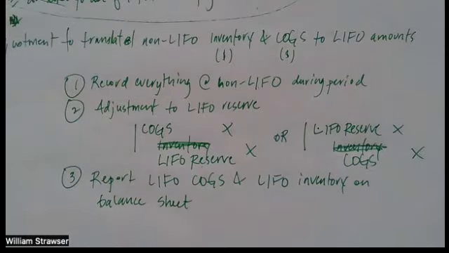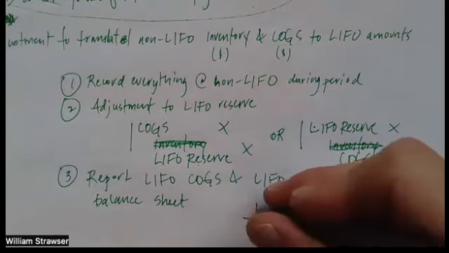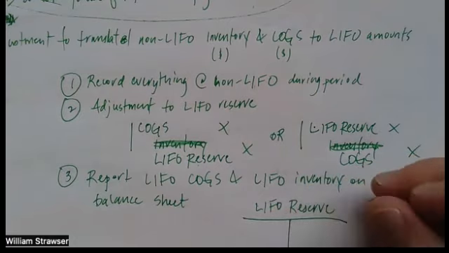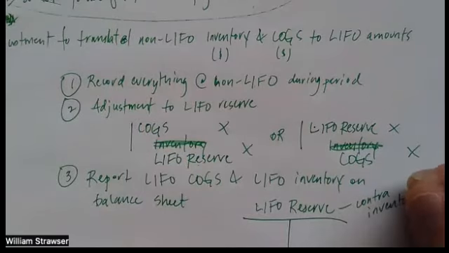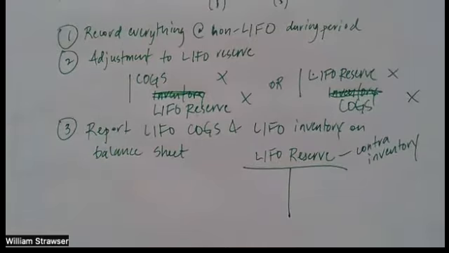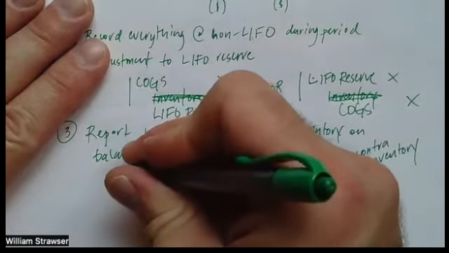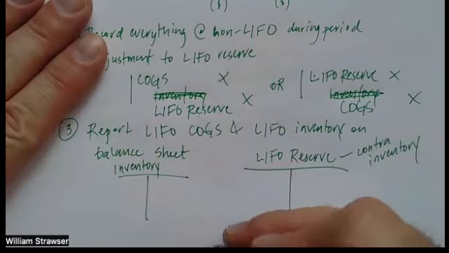So how this is done is through a contra account, the LIFO reserve account. It is a contra inventory account, and it is going to convert me over from what my inventory balance is to a balance sheet amount